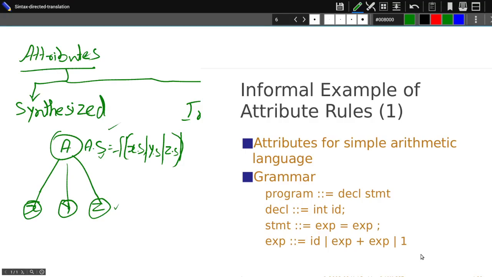So suppose this is the grammar. Program is declaration statement, and this declaration will be int id, expression is equal to expression. Okay, we understand, we have seen this grammar earlier also. Now if I tell you about the attributes,